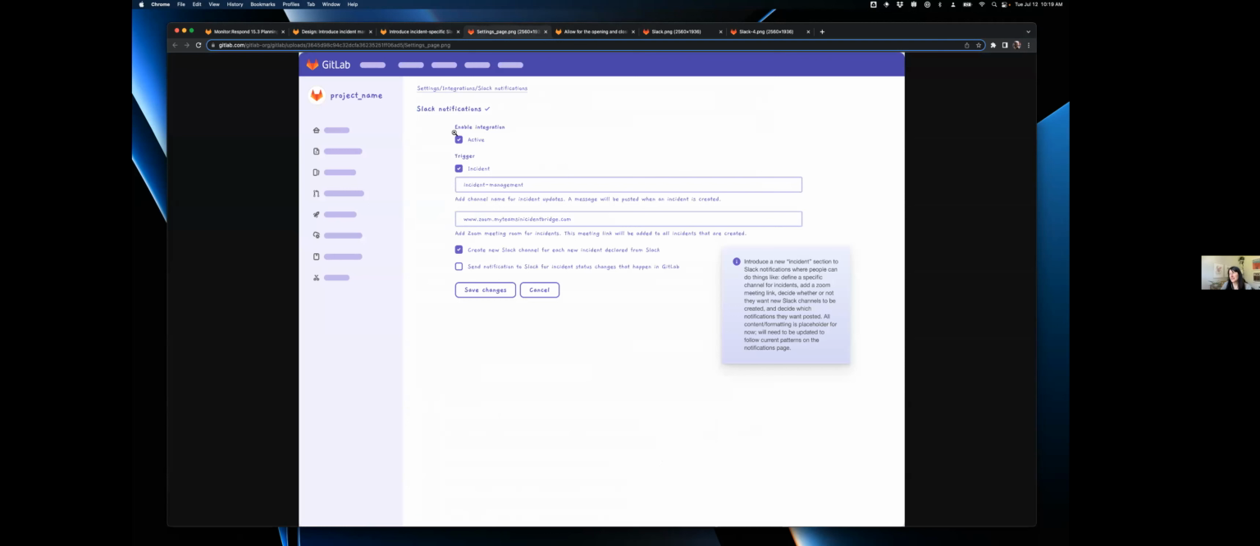And this is just a rough wireframe, but if we separate out the notifications for incidents, people can define a specific channel to receive all of the notifications for incidents. So they don't have to have all updates about all issues. They can just have incident specific notifications. And then we can perhaps introduce things like the ability to create a new Slack channel for each new incident declared and things like that. If we have incident settings